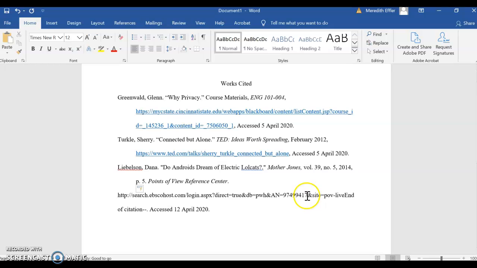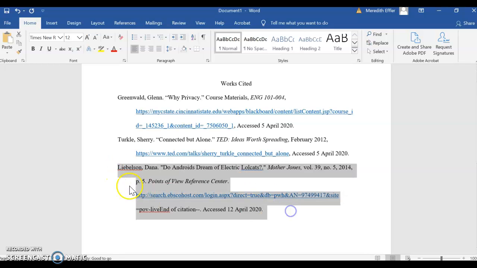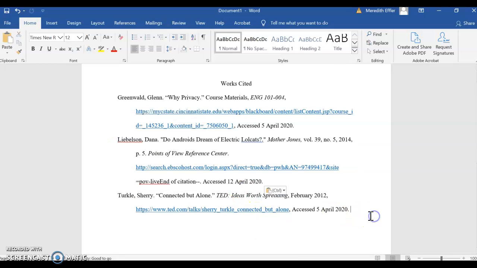All right, the trick here is to kind of eyeball it, put a space, and then hopefully I can tab this. Yes, here we go. All right, so I've got those tabbed over to create my hanging indent. And then I want to move this because I want these to be in alphabetical order for my reader to be able to find those authors really